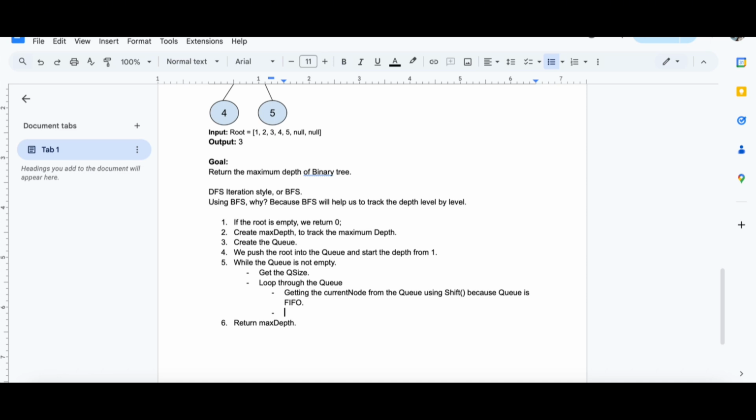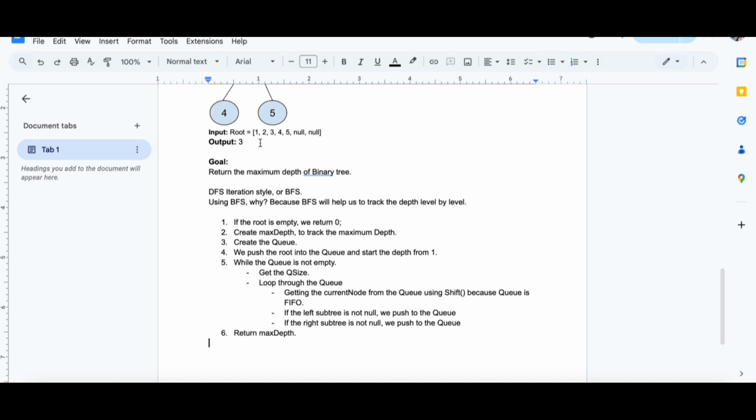Okay, then if left subtree is not null, we push to the queue. If the right subtree is not null, we push to the queue. Then I think that's all. Yeah.